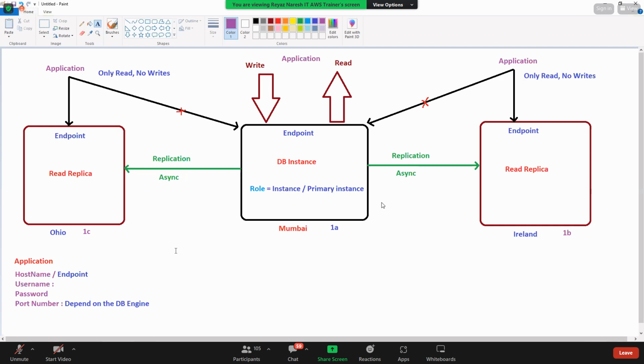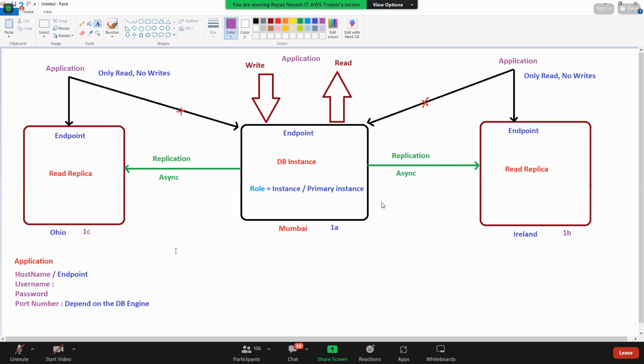So there is a requirement like this. Let's say our customers are in India. So where do you set up your database? In Mumbai or in Hyderabad. Now there are a few customers in the US who are generating reports. You have deployed the application in the US region, North Virginia, and the database has to come all the way to Mumbai from the US. What will happen? Will you have low latency or high latency? High latency.